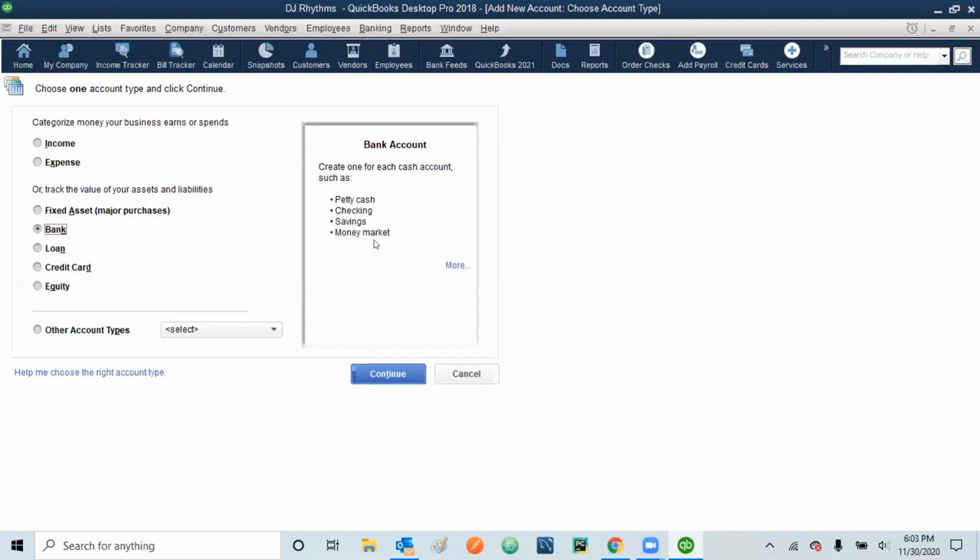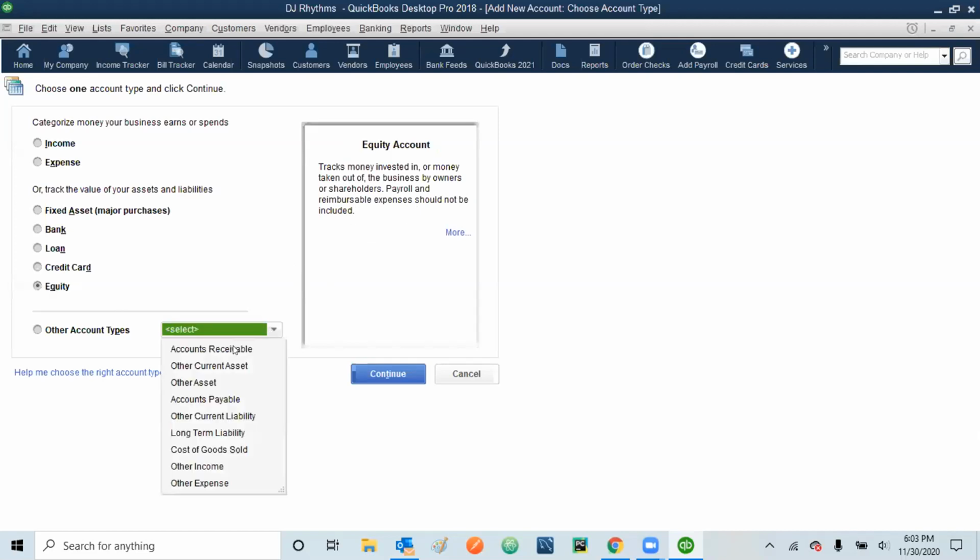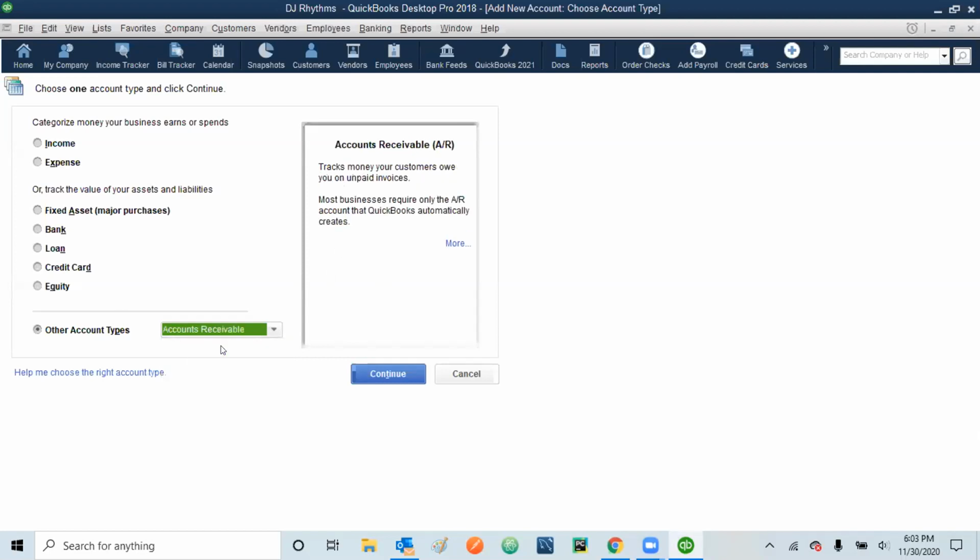First select the boxes one by one, and then you will find that information on the right side of the screen. Let's say if you select equity, it will tell you what it will be. If you select accounts receivable or whatever you are selecting, it will show you on the right side what it will bring you in that part. So instead of making a wrong decision by mistake, always check on the right side whether the thing you are working with is the correct one or not.